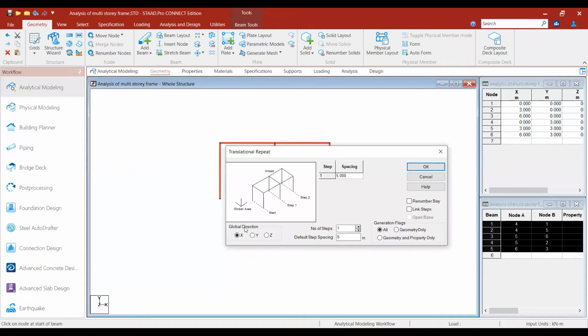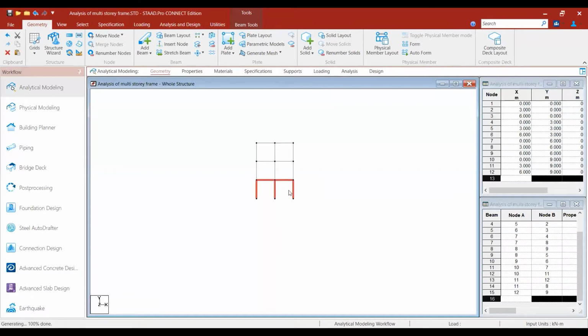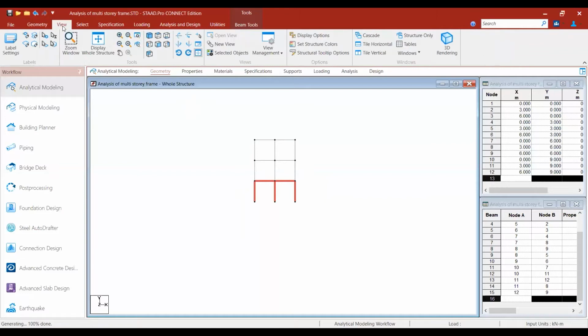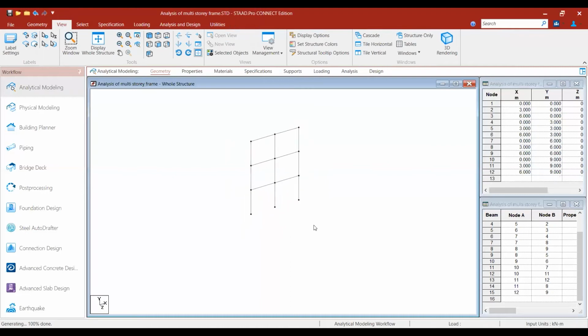First select the frame in the y direction. How many steps do you want? You take 2 steps, and each step spacing you take as 3 meters. This is the multi-story frame. Now again, if you go to the front view,